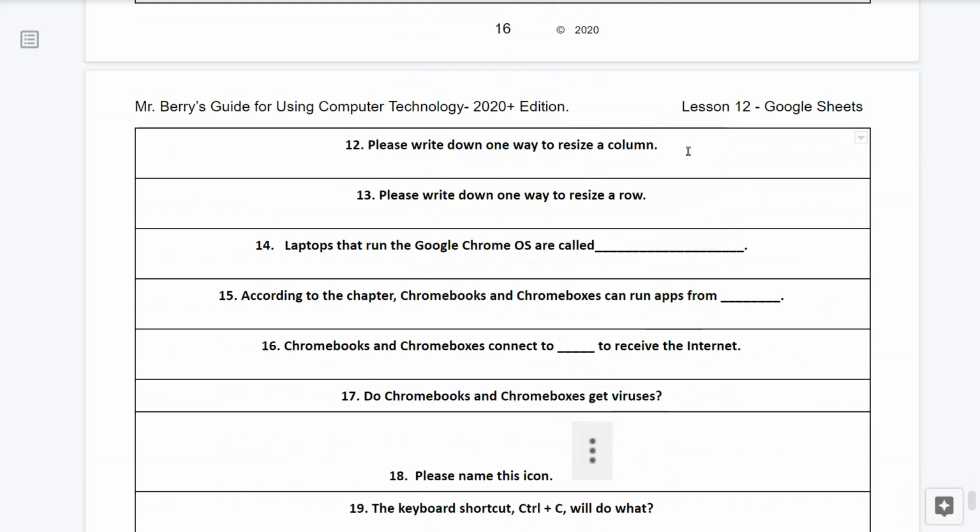Question number 12. Please write down one way to resize a column. Question number 13. Please write down one way to resize a row.